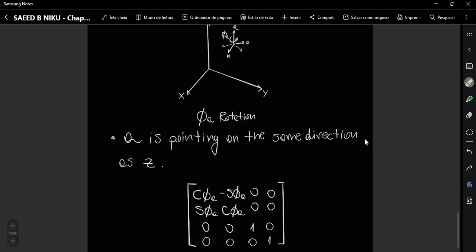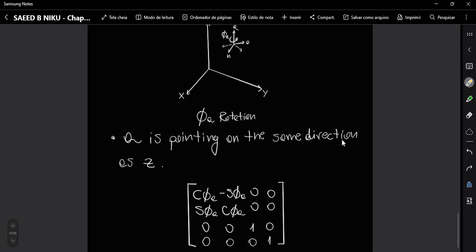This way we can construct the matrix which symbolizes this transformation. So when we are doing a rotation, we are doing a transformation,